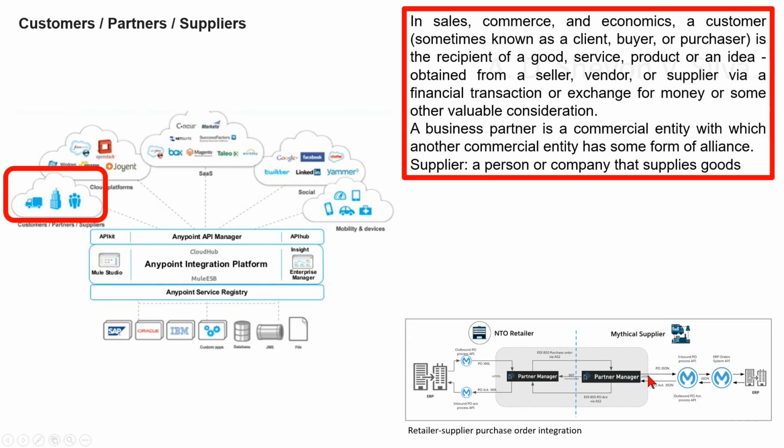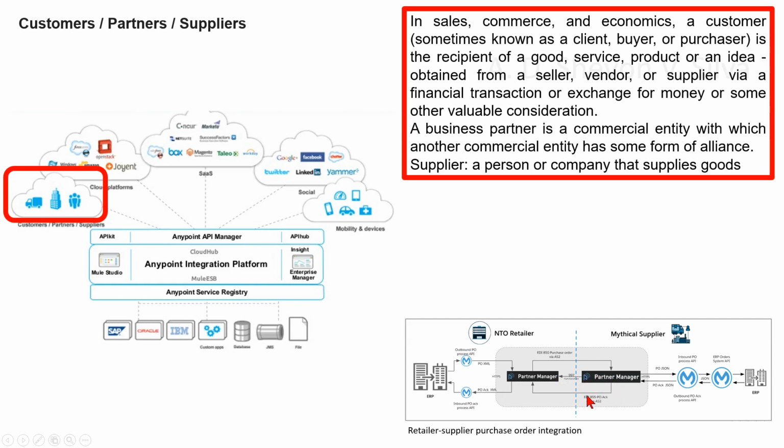Partner manager is connected to the inbound PO process API via PO JSON, and the inbound PO process API is connected to the ERP order system API via JSON, and it is connected to the ERP. The ERP order system API is connected to the outbound PO process API via JSON, and it is connected to partner manager via PO JSON, and partner manager is connected to partner manager via 997 and also